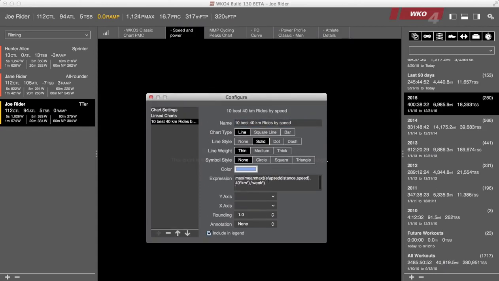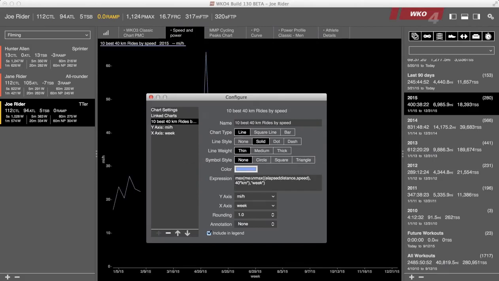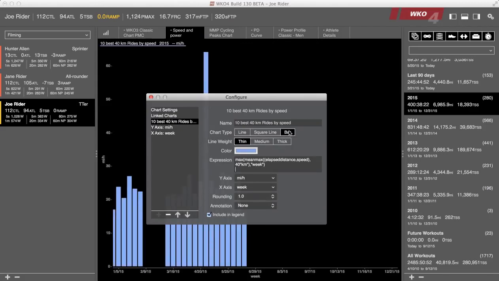It's going to be elapsed distance, okay, and we're going to use the speed. We're taking the max of that, and we're going to do it by 40 kilometers, okay, so I want the best ones by 40 kilometers, and we're going to do it by week, okay, so that's going to give us that by week. And I think I'm going to make this a bar chart right here, so it's real easy to see and easy to play with,